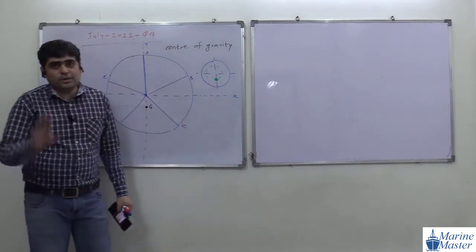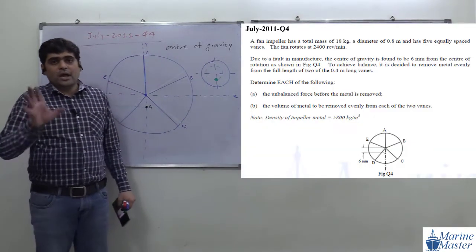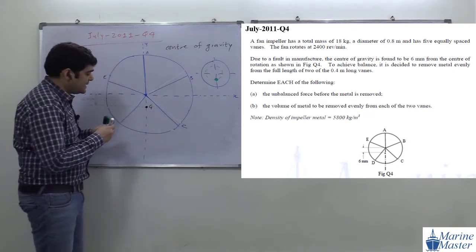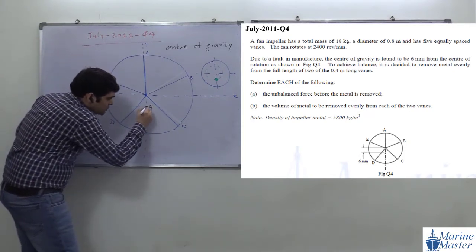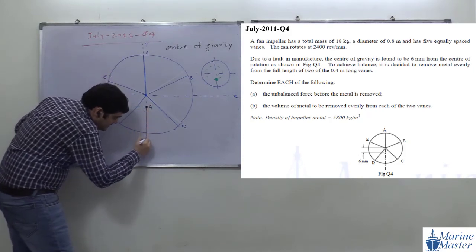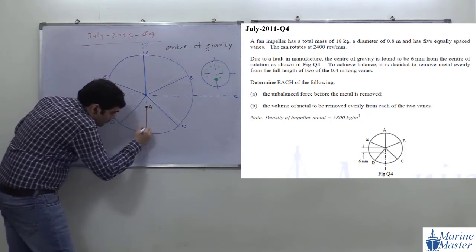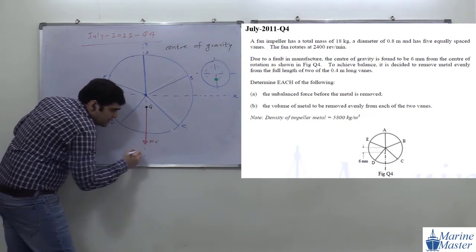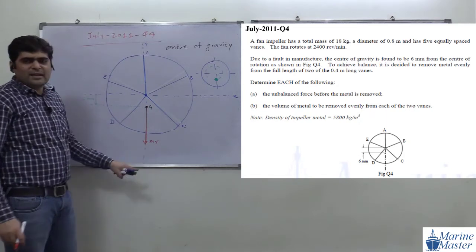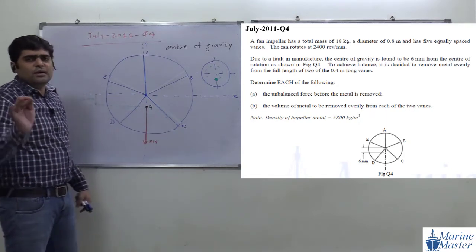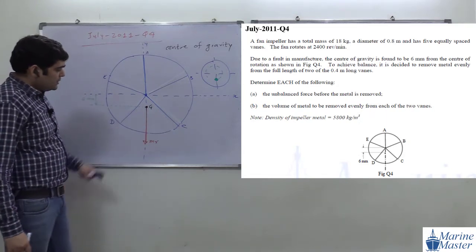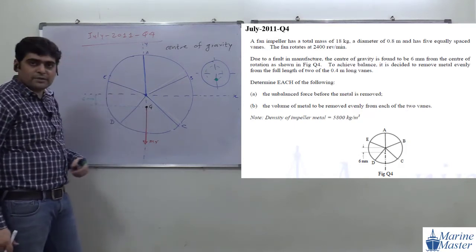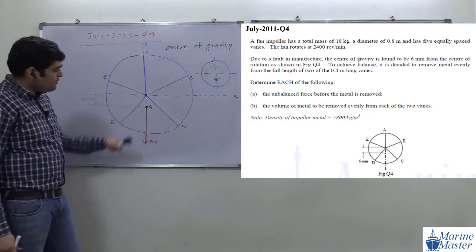See, to achieve the balance, what is our target? We have to remove to achieve it. Now how will the centrifugal force act here? Like this. For this given location, the centrifugal force will act radially outward, and that is m into r. Omega square is also there, but we are omitting it. Now the centrifugal force will remove from here, acting like this, due to this 18 kg mass from this G point.